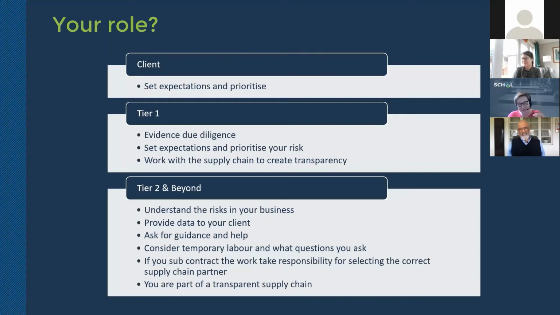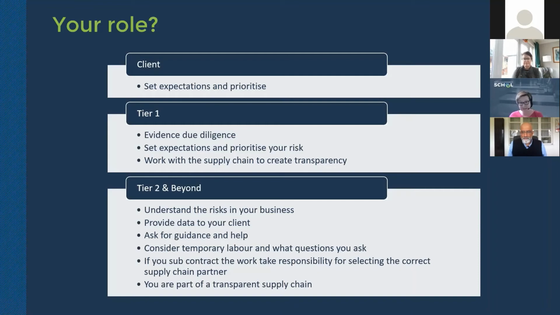Then going into tier one to say, actually, what we want to do is start to see evidence of this due diligence. And we want tier one to talk to tier two. The reality is at tier two, you may be a really small SME. So you are part of the education in terms of providing the information upstream to where things are coming from. So be prepared to talk about what data you've got, where you buy things from, start to connect those dots. I know there'll be a nervousness around competitive advantage, and that you're just coming to me because fundamentally you're going to bypass me and go to someone and get it cheaper. That is not the purpose of this at all.